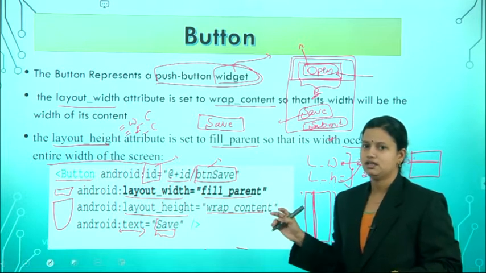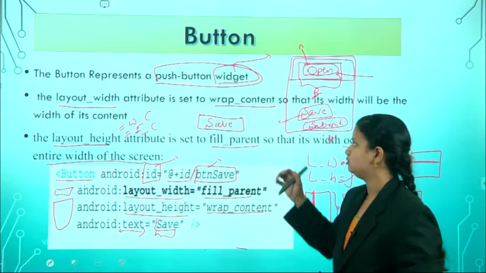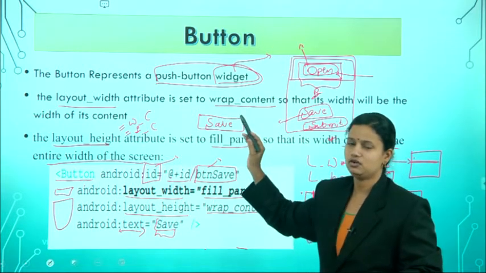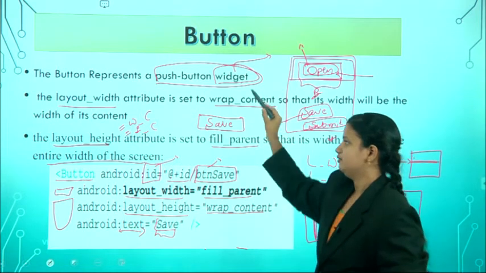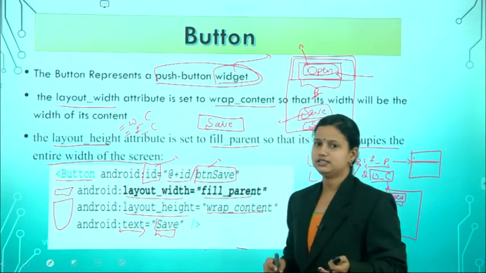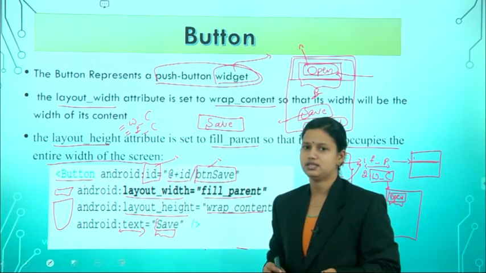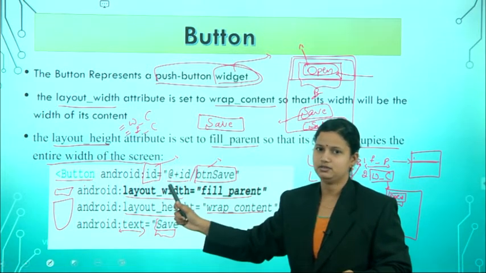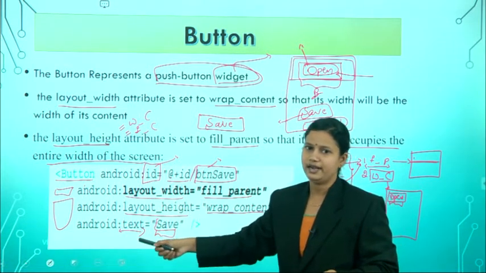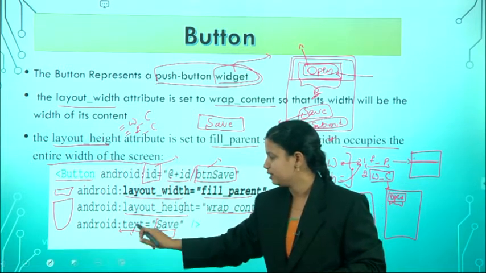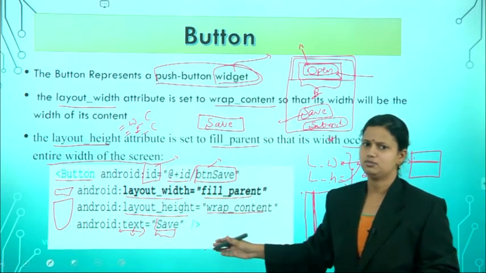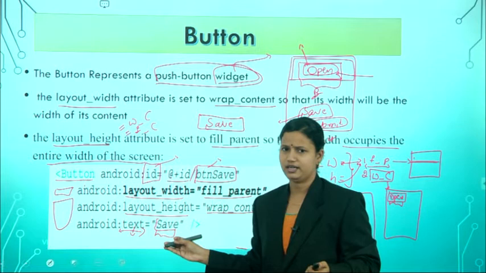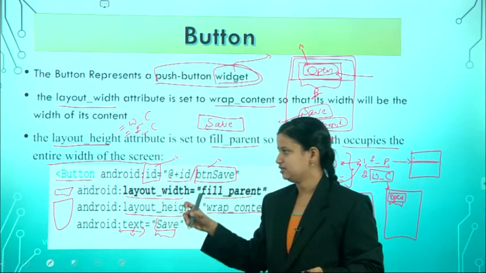The first thing is that the button is nothing but one of the push button widgets. Why? Because it is a widget. All the basic views are presented in this widget class. When you are considering a button, the main things we have to discuss are the button properties: what is the width, what is the height, and what is the ID to uniquely identify the button, and text, that means the name of the button displayed to the user, such as Save button, Submit button, Open, or Download. In this way we display the button name using this text property.